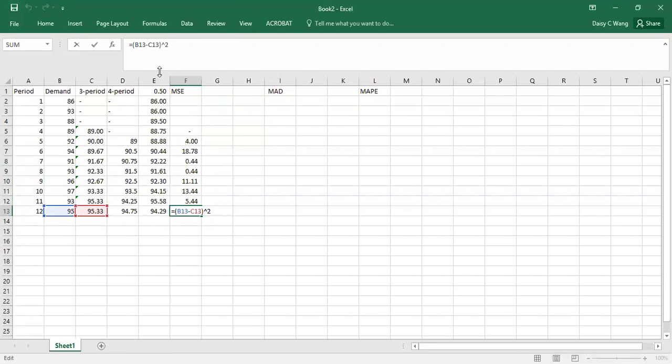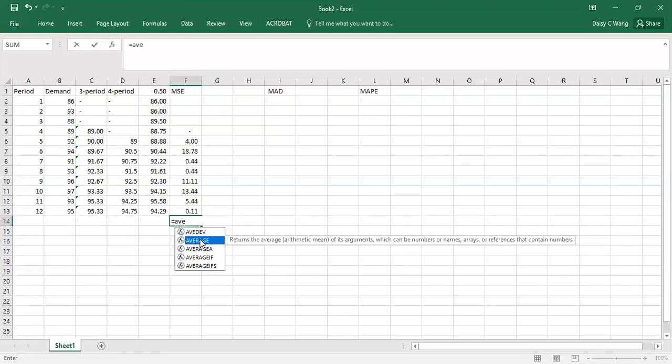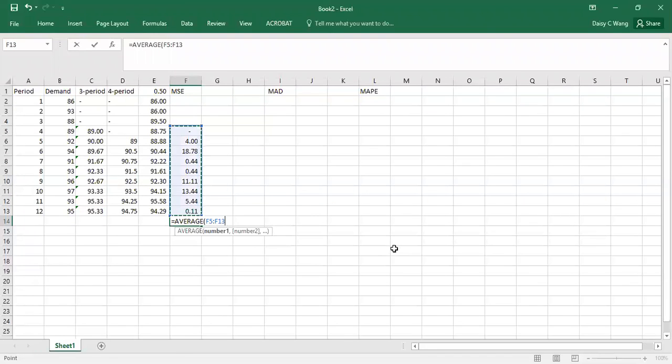So double click on the last cell. It shows this one minus this one, squared. And then the formula says the sum, and then divided by t. Because we have Excel, we can just do the average of this. We have to include this one because it actually has a forecast number and a real demand. So this is the mean square error